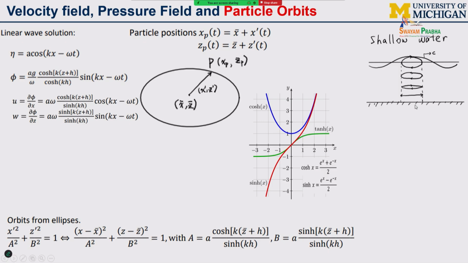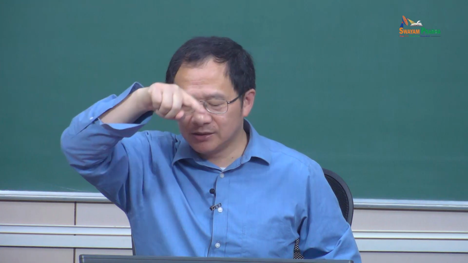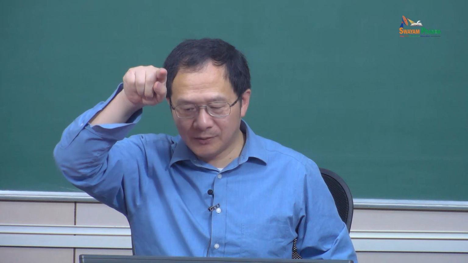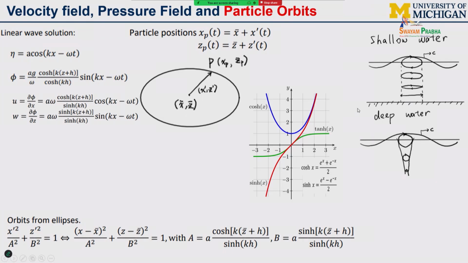So in the shallow water, the particle motion goes like that way, okay, and on the surface there is large amplitude in the x direction and the z direction, right? When the water gets deeper and deeper, the x dimension doesn't decrease, but the z dimension of the particle motion decreases. Okay, so then in the deep water, everything looks like